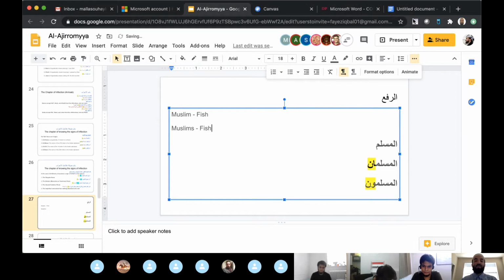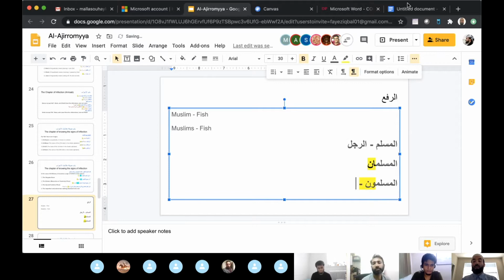Fish, right? You don't say fishes, right? So this actually goes against the rule. I guess in Arabic you would call this a broken plural because it has gone against the rules, right? So there are certain words in Arabic that do not conform to the general rule. For example, if I wanted to make al-rajul plural,